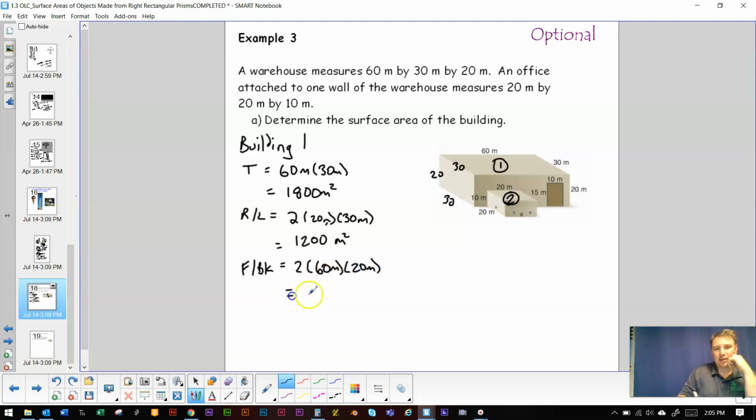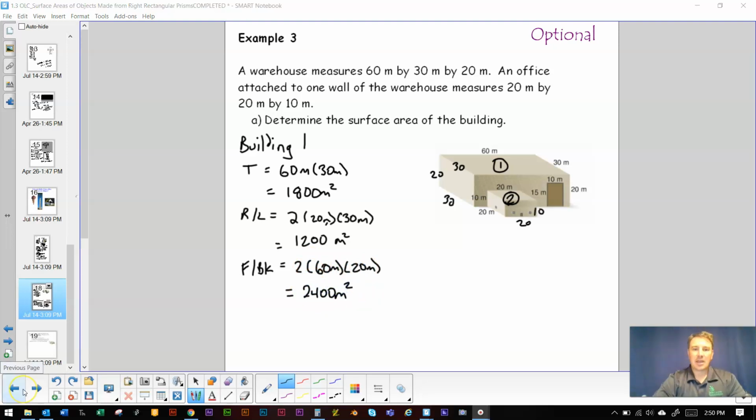So 60 times 20 is 1,200. Again, you can use your calculator in this class, that's fine. I just need to know that you can do the simple, basic maths in your head when need be. But if it makes you more comfortable to double check everything with a calculator, by all means, go ahead and do that. So this is 1,200, but I've got to multiply by 2. So that's 2,400